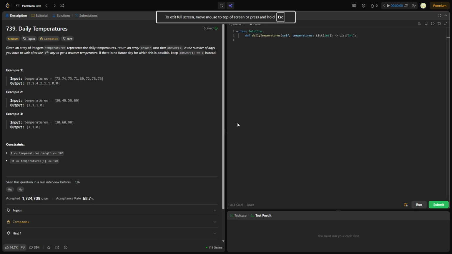What's up, everyone? This is LeetCode 739, Daily Temperatures. We're given an array of temperatures representing daily temperatures. We have to return an array answer such that answer[i] is the number of days you have to wait after the ith day to get a warmer temperature. I assume you can tell what's going on with this problem just by looking at the example,